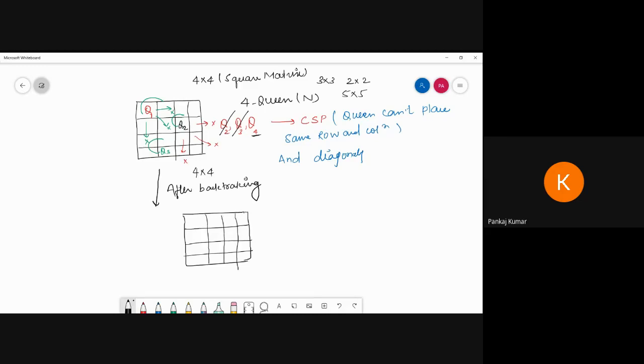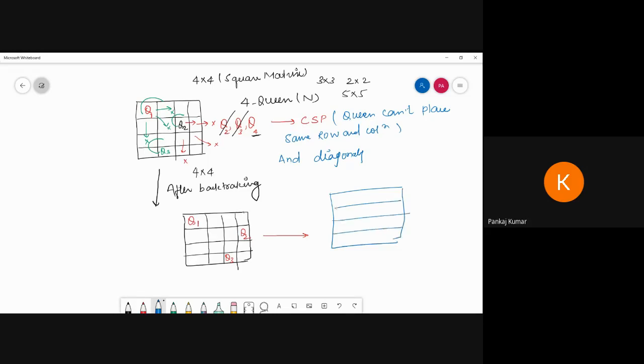Now see, suppose I do not change the place of the first queen, so I place the first queen here as it is, no problem. Then I change the second queen, so I push Q2 here. Now if I try the next queen, Q3, there are no chances here. Other chances are not possible. So if I change the place of Q2, it is not possible to place Q3. So again I am going to backtrack. After backtracking, what will the scenario be? Now I am going to check.